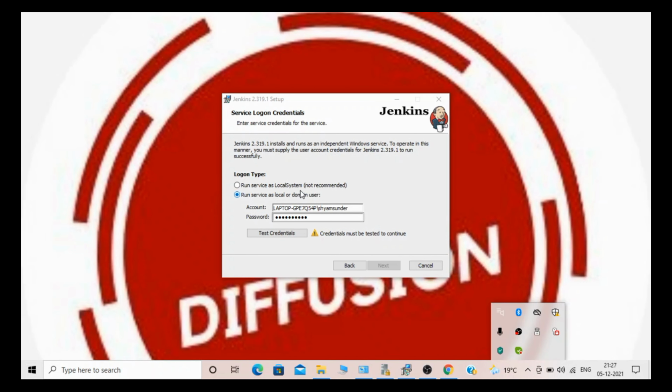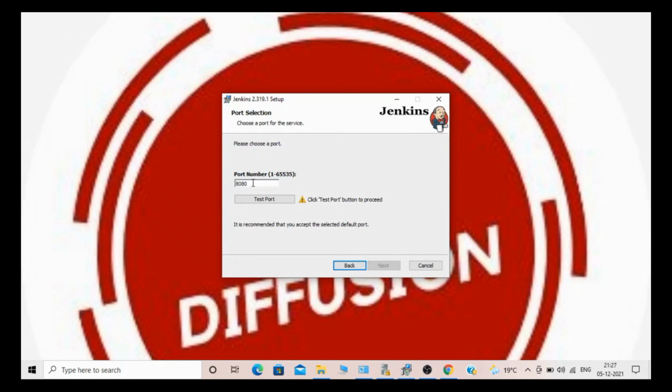So what you need to do next is enter your account details, meaning your user account details, like my details and password, and test credential. Now just click next, check the port, and click next.